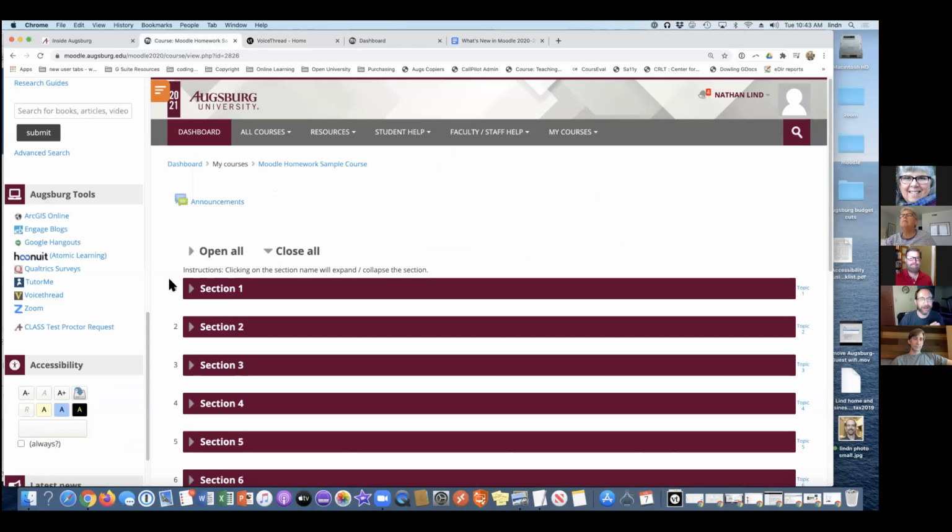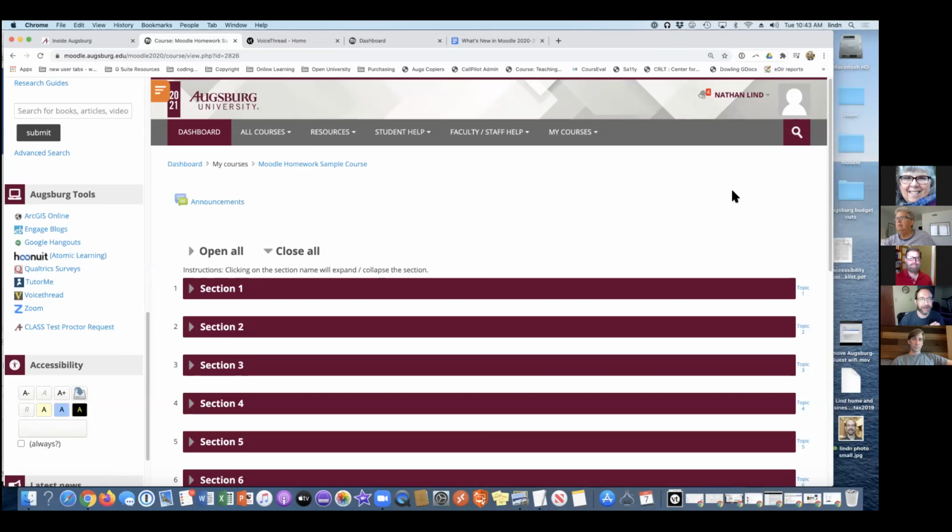So this new way of using VoiceThread doesn't mean that you can't do everything the way you used to do it with VoiceThread. And it's not a new VoiceThread. It's just a new way to access your same VoiceThread account where you've maybe been building VoiceThreads for years. So you don't need to recreate the VoiceThreads. But what you can do now,